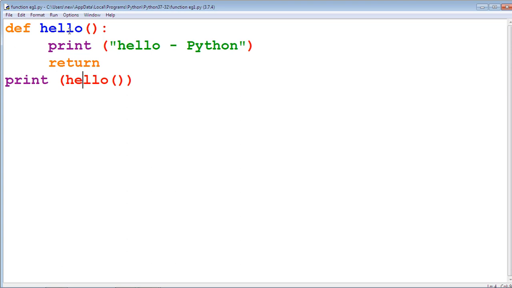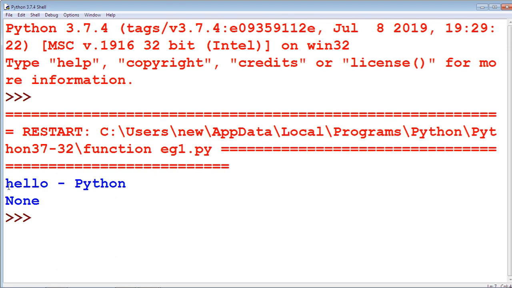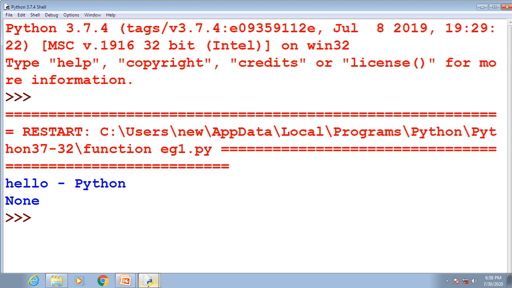When this function is called, it prints the text message hello Python, and it returns nothing, so it displays None also. For example, run this program. The text message hello Python, and None is displayed on the screen. This is the example for the function.